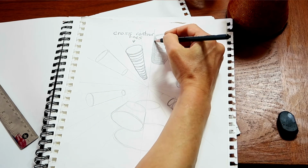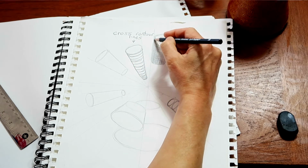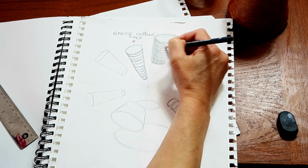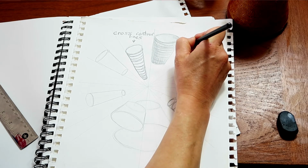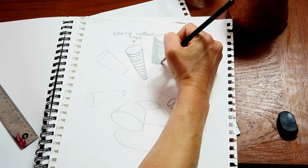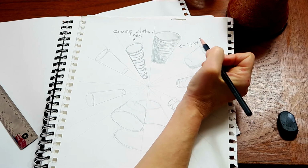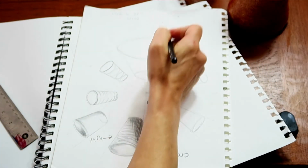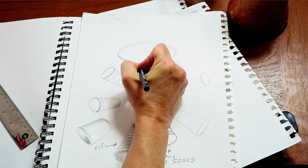You can also do cross hatching, which is like this, where you would go these cross contour lines like this, but then imagining the light from here. So this is the light side, so this one has more lines to shade it. If the light is coming from here, what happens when you're shading something? Here, I'll do the big one. If we're doing this big one, and you're shading it,